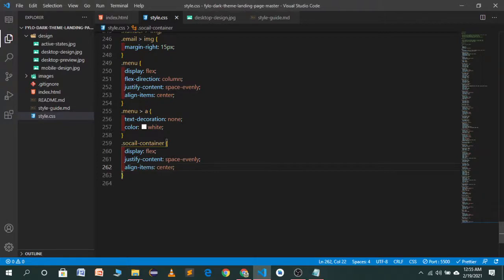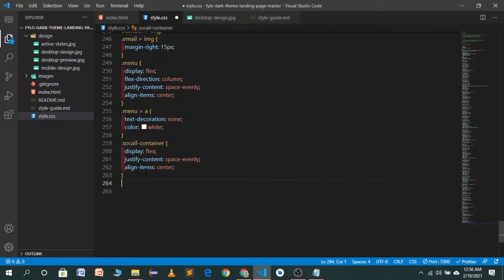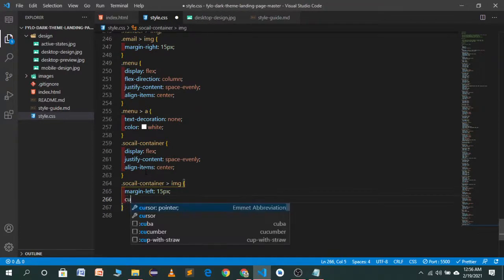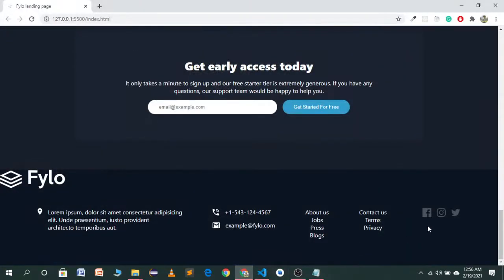Now save this one. Let's see how it will look. Now in this social container, target img and give it a margin left of 15 pixel. Give it a cursor of pointer. Now save this one, and you will see it has landed.